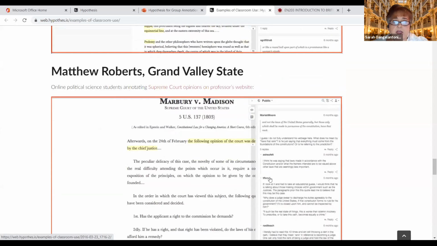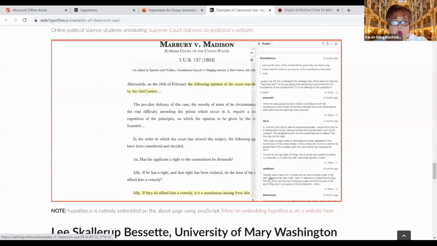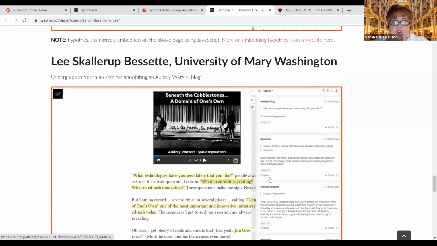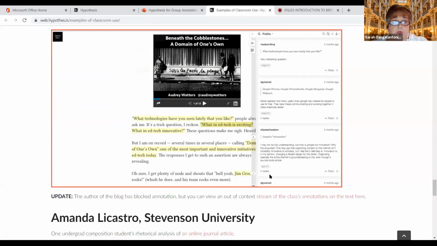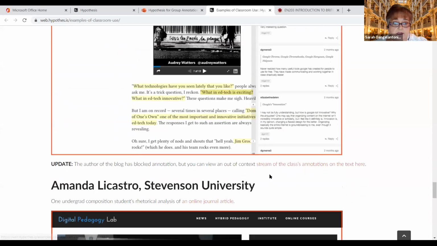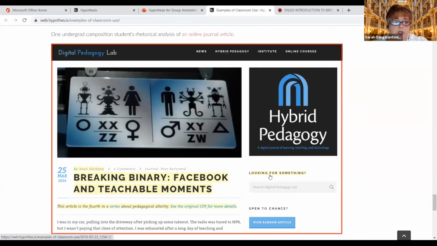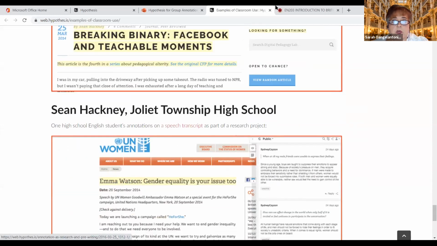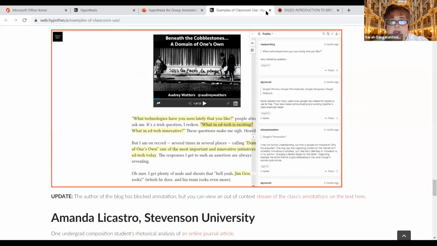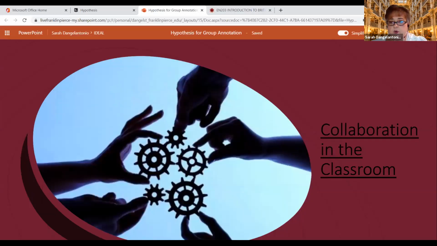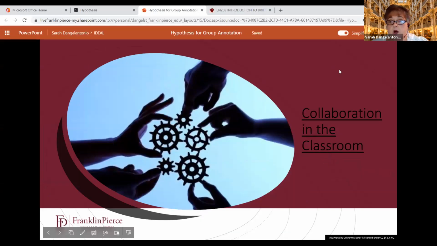And political science students annotating Supreme Court opinions. A freshman seminar looking at a blog and annotating a blog. And here's another online journal article. So as you can see from these examples, there are lots of different ways that it can be used in all different kinds of classrooms in all different subject areas and fields.